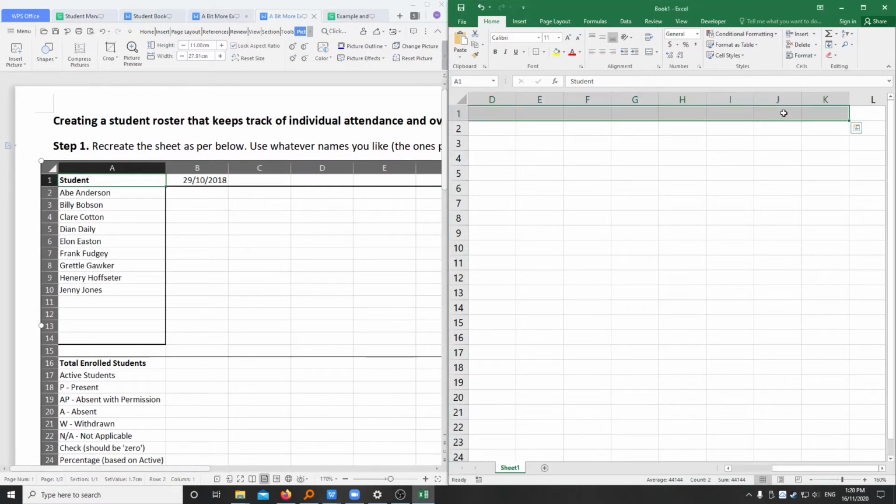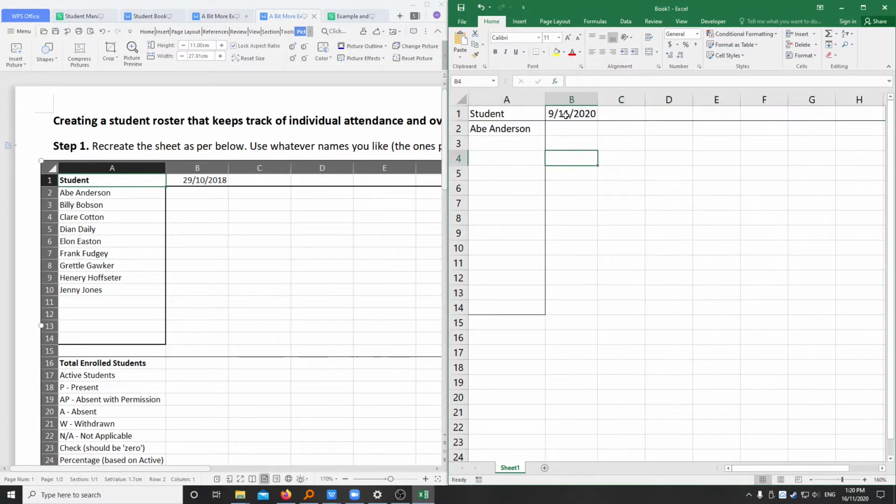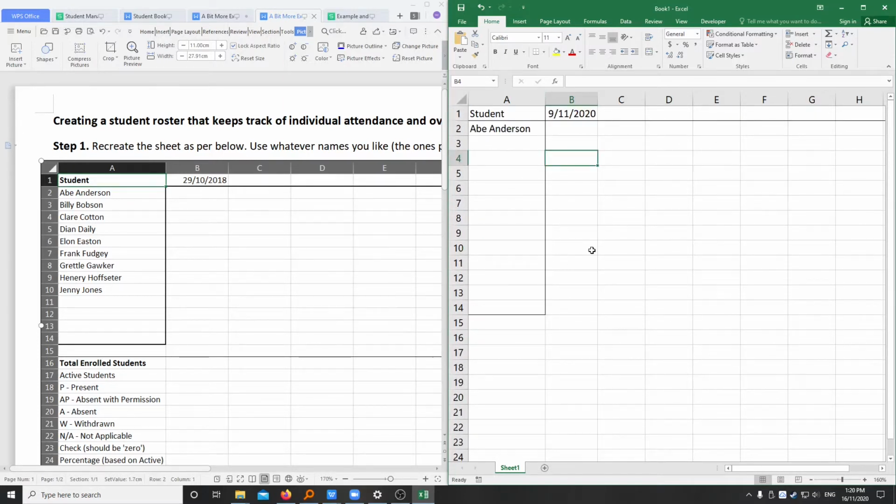So if I highlight up to here, click the little arrow here, there's options for things like bottom. That one just puts a line along the bottom. I like to use these quite a bit just to visually break up what's going on. So you've got the option to make this yourself, or you can open up the